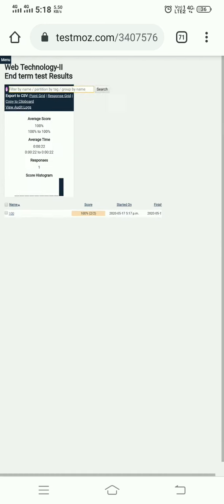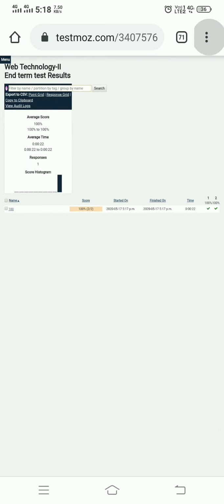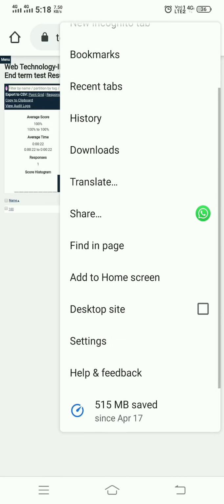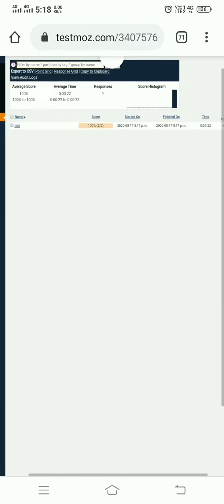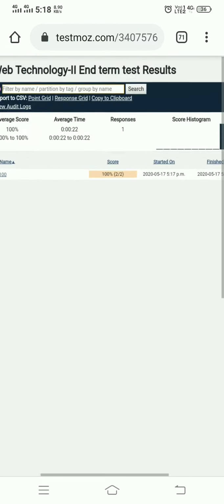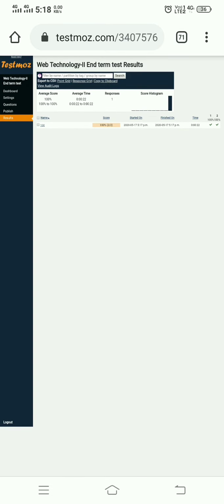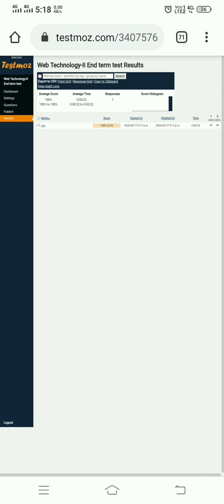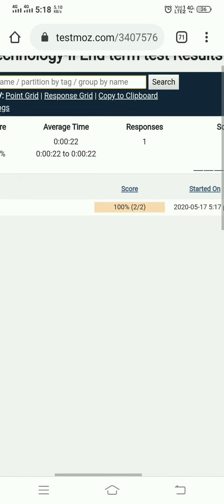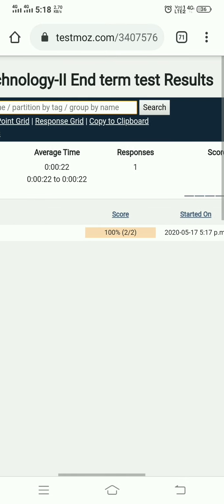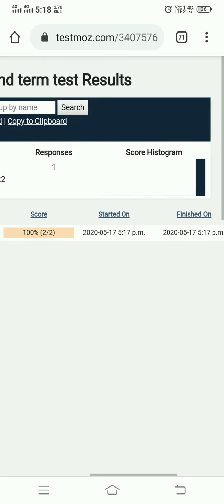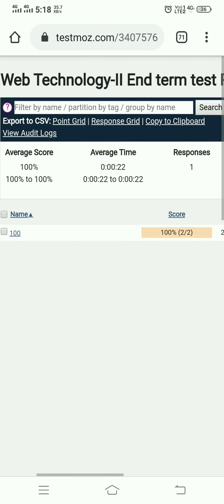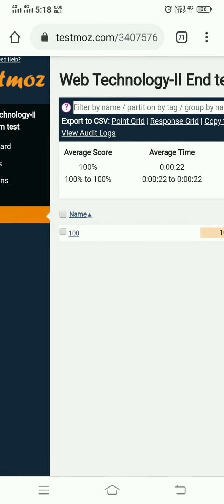So here, I just put it into desktop mode. Okay, so here it shows how many responses are given by the students, then what is the roll number,